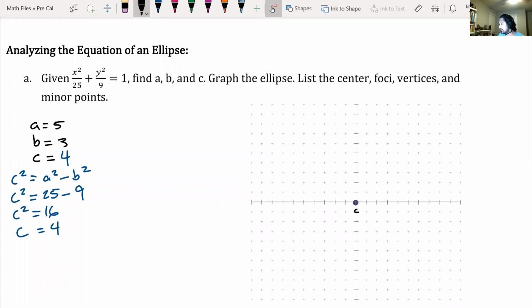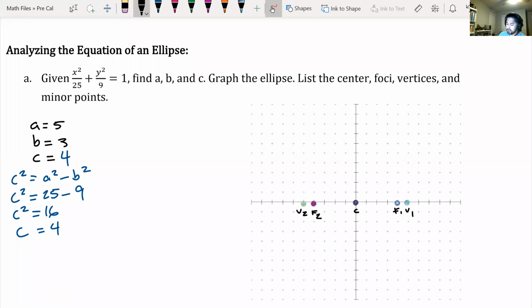So to find my vertices, how many spaces am I going to go out right and left? 5. 1, 2, 3, 4, 5. And I'll just call that vertex 1, vertex 2. And then let's go ahead and plot the foci. So C represents the distance from center to foci. So how many spaces are we going to go left and right here? 4. There it is. And I have focus 2,